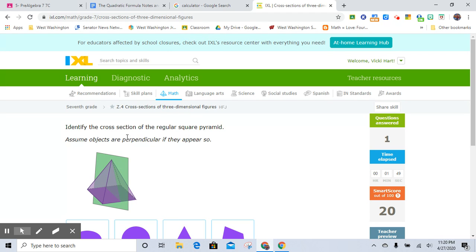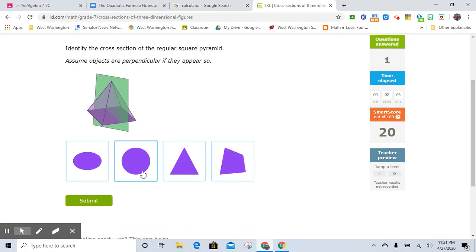This one. So if I have this pyramid and I cut it down the middle, using, again, this shady plane here, what shape would be exposed? And so is it an oval, a circle, a triangle, or this weird looking quadrilateral? Well,